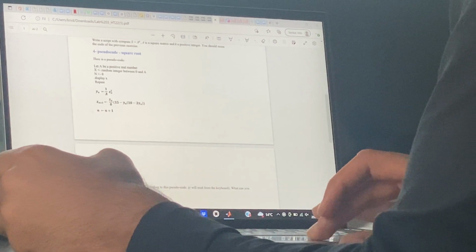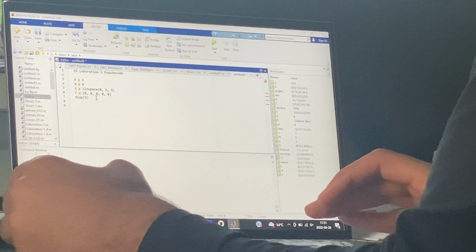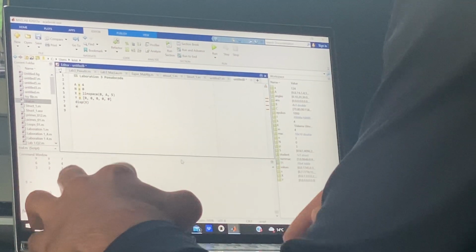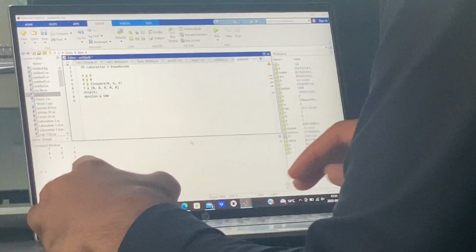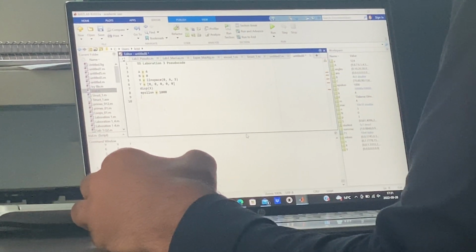So that's why I put 5 zeros in the y, and I'll put epsilon equals to 1000,